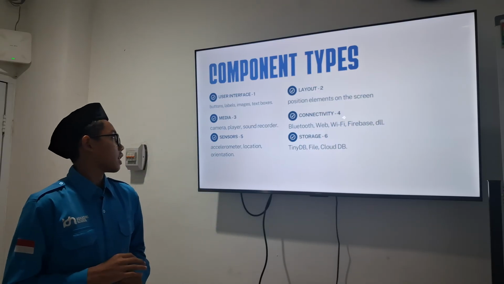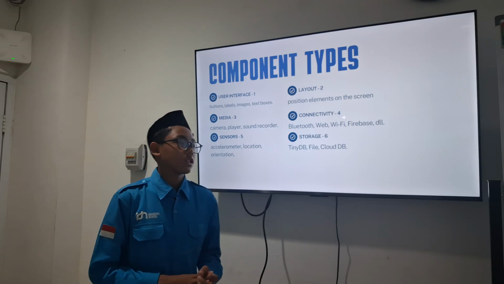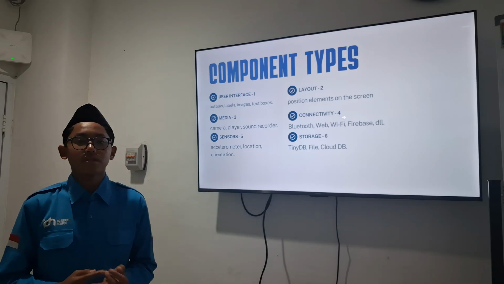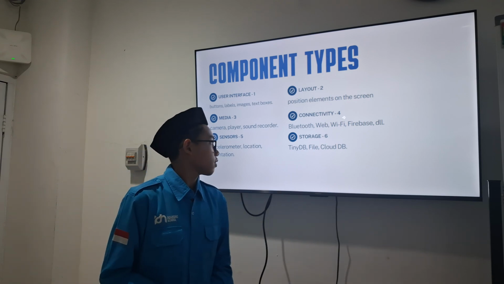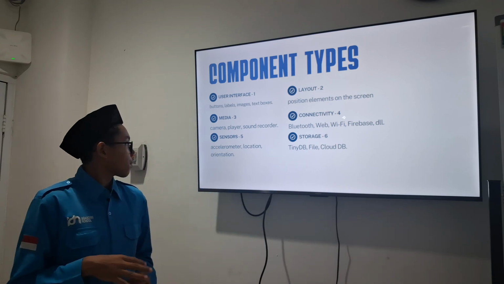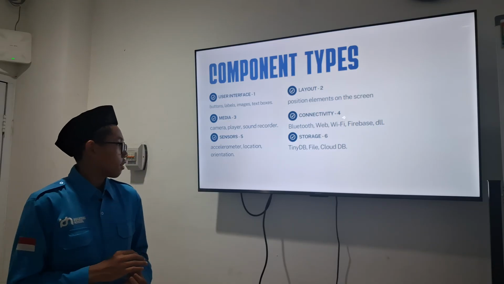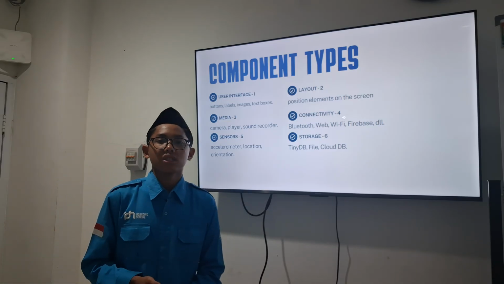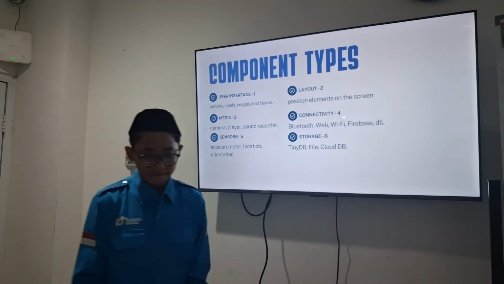The third is media, like camera, player, and sound recorder. The fourth is connectivity, such as Bluetooth, Wi-Fi, web, and Firebase. The fifth is sensors, like accelerometers, locations, and orientations. And last is storage, like TinyDB, file, or CloudDB.